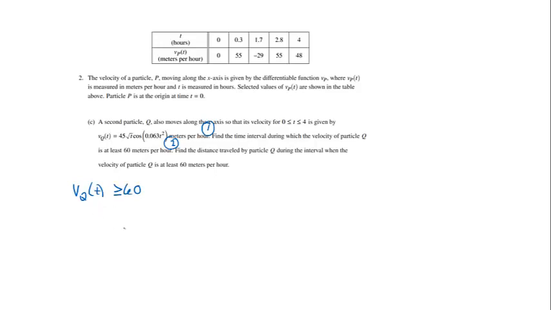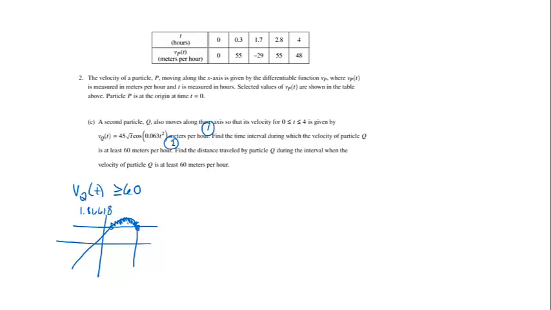The way that I did it, I graphed the velocity, which looked something like this. And then I actually graphed the line 60 because then I could tell right here, this is when my velocity would be greater than or equal to 60. So then I found these points of intersection. This left one was